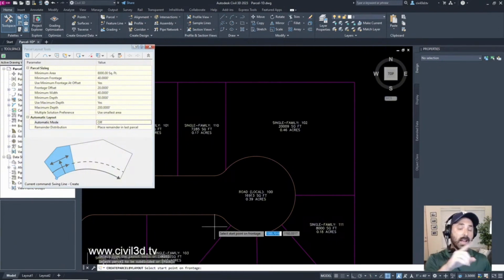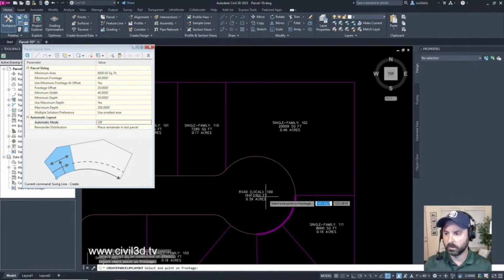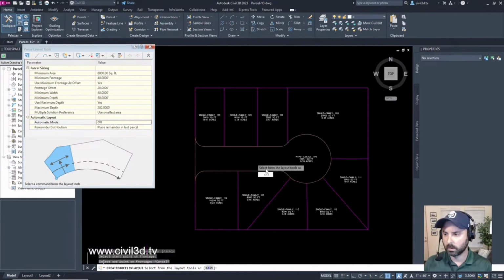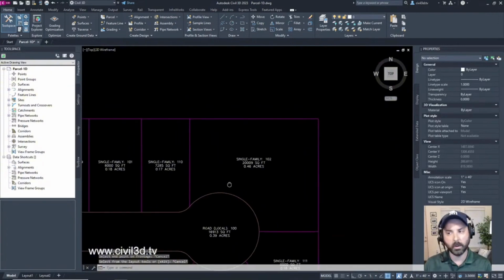Now, if you remember the last time we were dealing with this sort of situation, when I was picking certain edges of my frontage, I was getting different results. So we'll see tonight whether or not I'm going to be dealing with the same thing. What I'm going to do is I'm going to start, don't want that. Let's start this all over again. See, here we go. We got hiccups right here, folks. That's what happens.